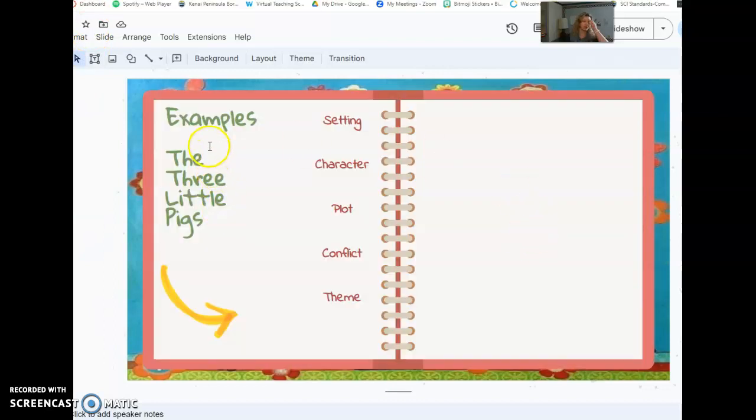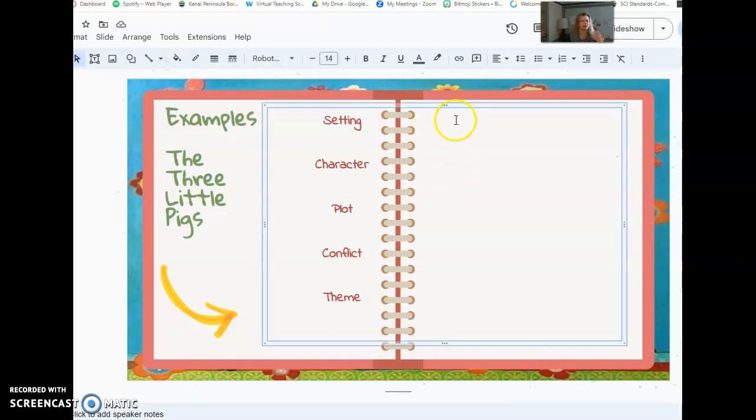Now tomorrow you're going to give an example from any story at all that you know. The Three Little Pigs I just wrote here as a sample, like the pigs would be the characters, setting would be their houses, plot would be the wolves trying to